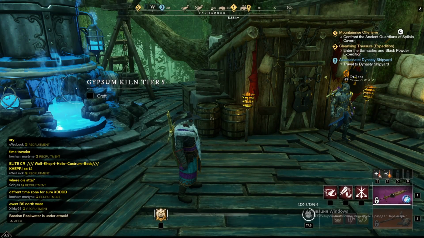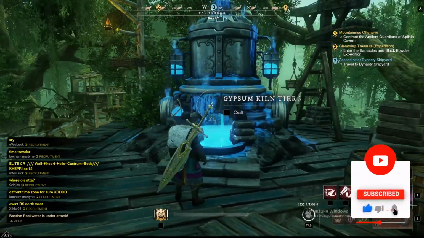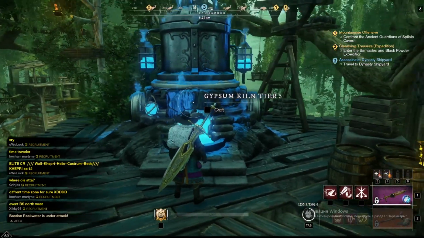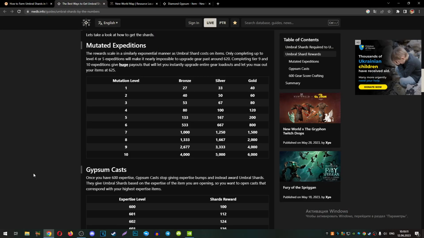Hello fellas, today I want to tell you about the best ways in which you can farm Umbral shards in your world nowadays, and also I will show you all methods from the best to the worst. Okay, let's go. We just started, and the best way to farm your Umbral shards is mutated expeditions,